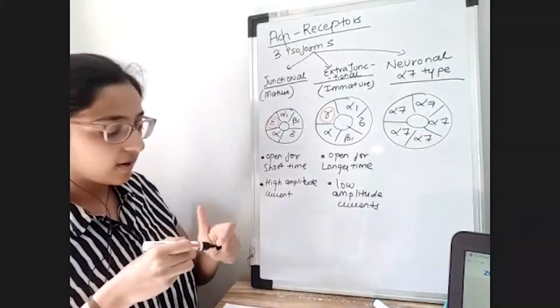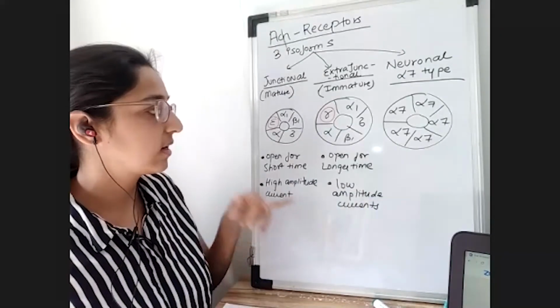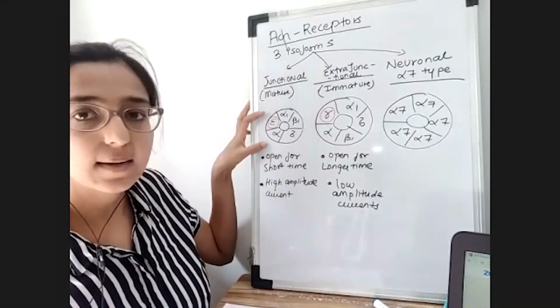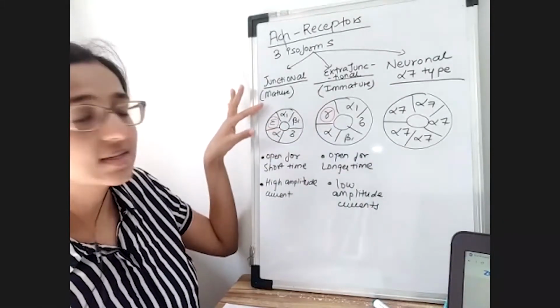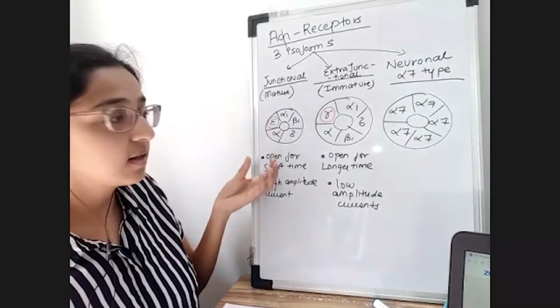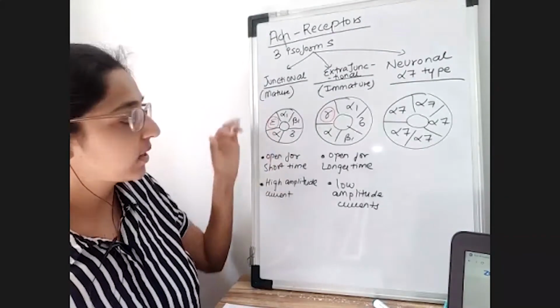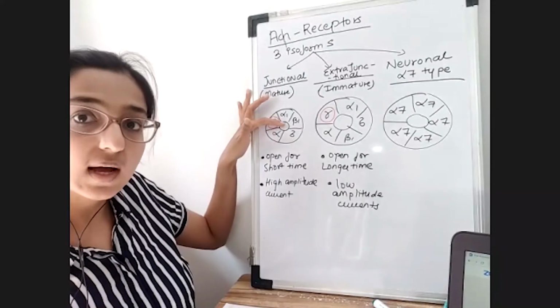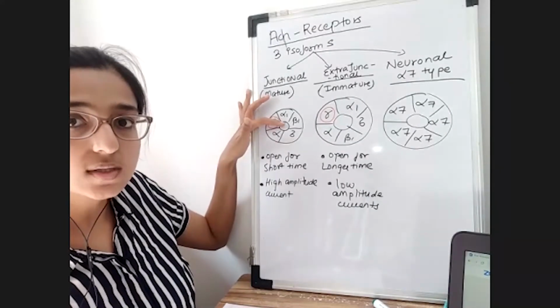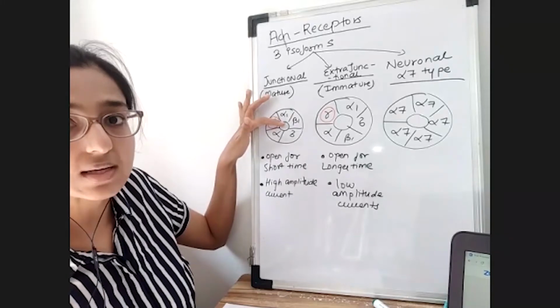Okay, what do I mean by this conducting the current? Now, as I've told you, this is a receptor, right? So the acetylcholine receptor, which is made up of 5 subunits surrounding a cylindrical pore. There is a cylindrical pore in the center. This cylindrical pore will allow the movement of ions across the muscle membrane.